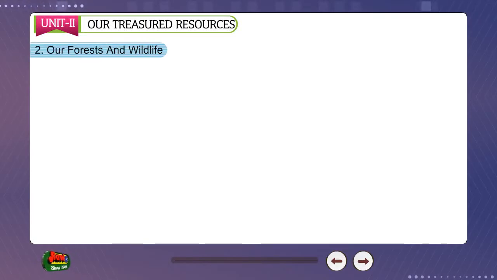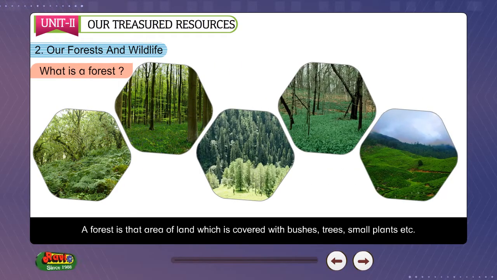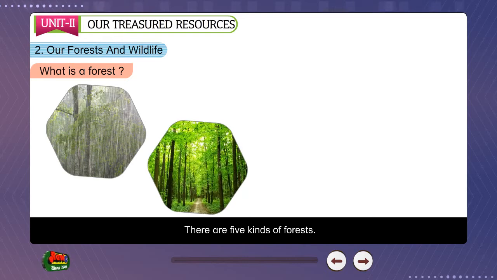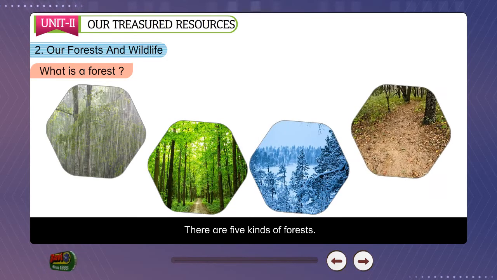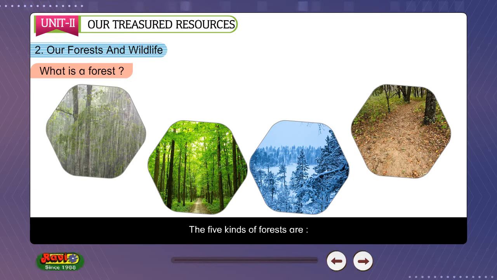Forests and Wildlife. What is a forest? A forest is that area of land which is covered with bushes, trees, small plants, etc. As they grow by themselves, they are called natural vegetation. There are 5 kinds of forests. They are classified depending on rainfall, temperature, and the soil. The 5 kinds of forests are: